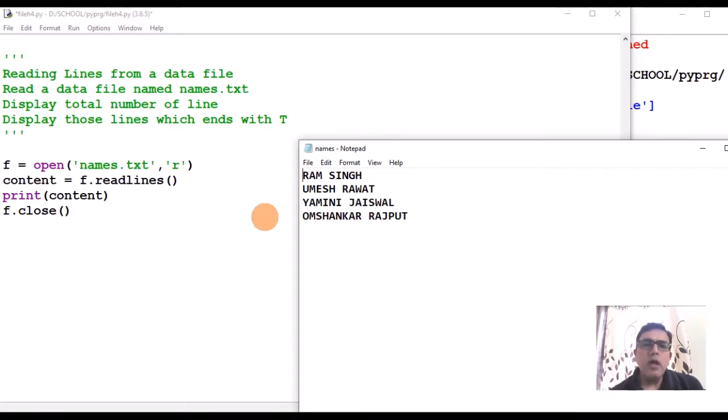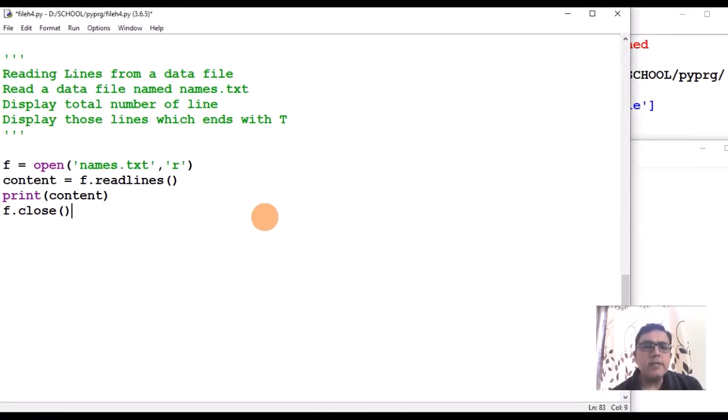So first of all, how will you read the contents of a data file in lines? There is a method readlines. Simple: first open the file, then using the file object give the command readlines. What will it return? It will return a list of strings, where each string is a line from the data file.